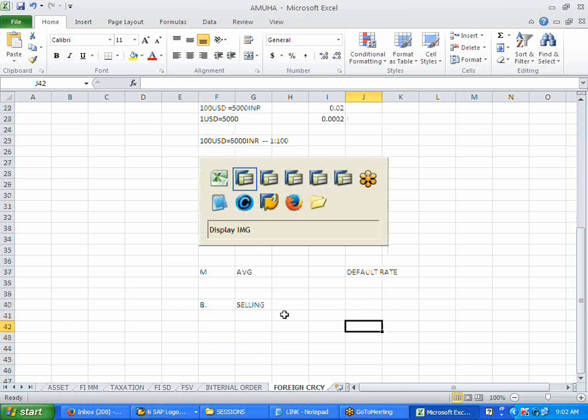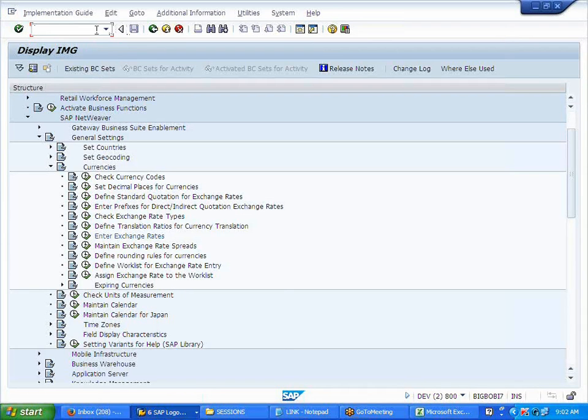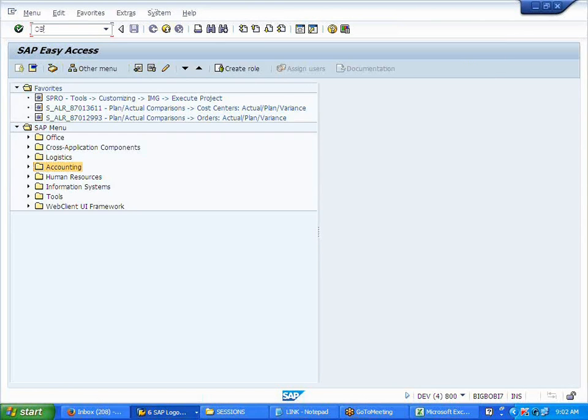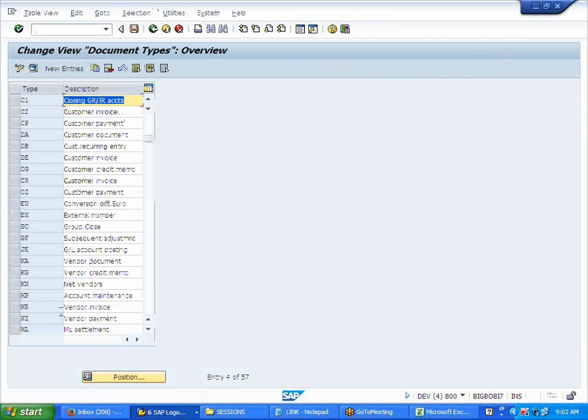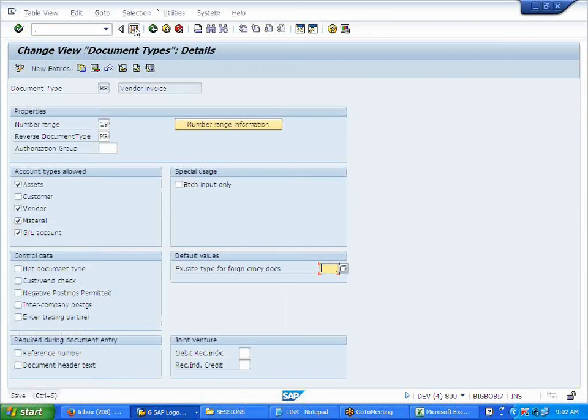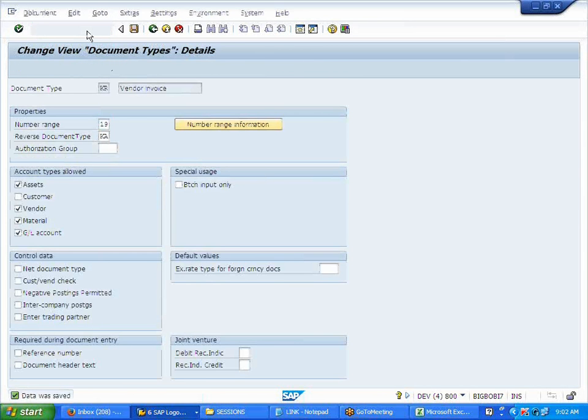Now what I'll do, I'll remove that. OBA7, KR. I'll remove this. Save it. /nF-43.